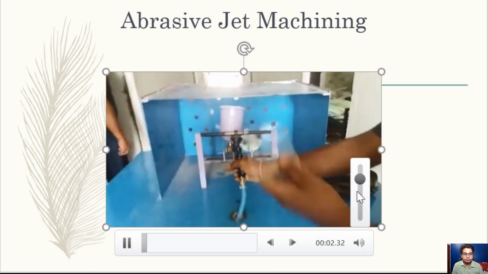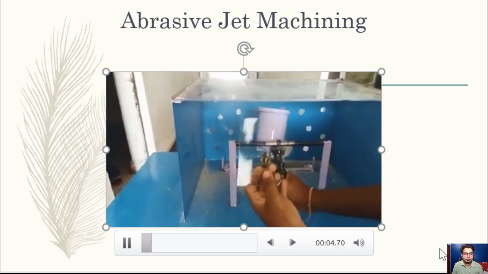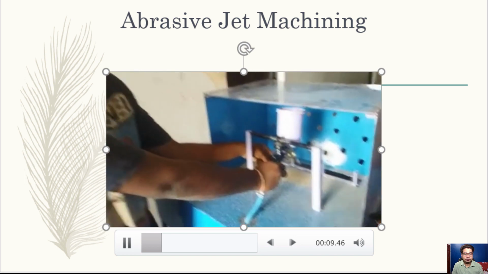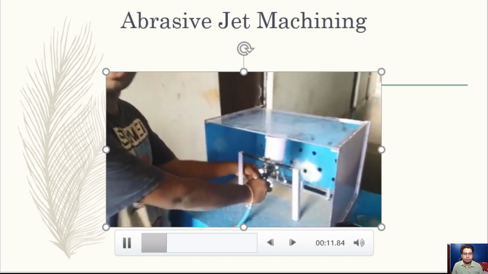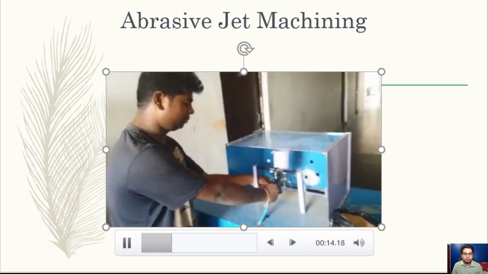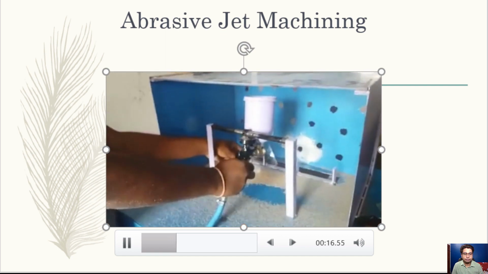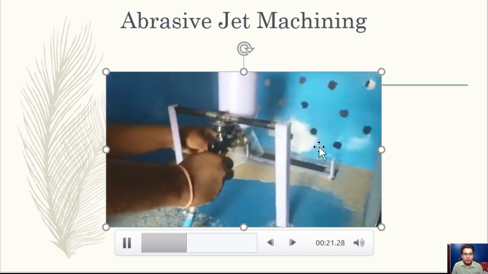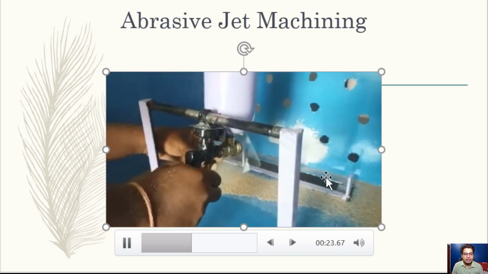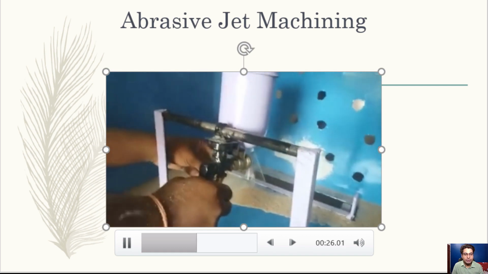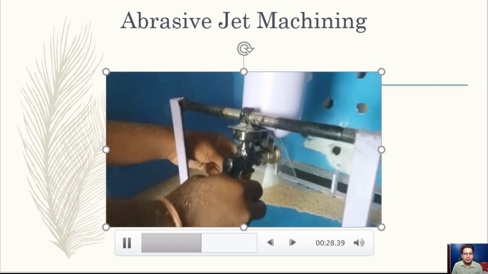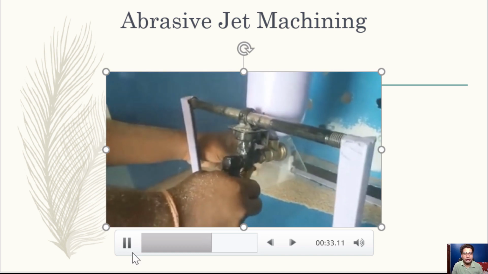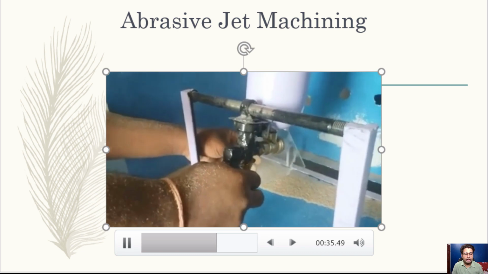A small test. This is the workpiece we will be using in this project. So now it's always advised to use some safety measures before doing this project. As the operator said, you might find the abrasive particles being scattered away due to the presence of the compressed air which is carrying the abrasive particles. So it is better to do this in a controlled environment or in a covered environment.